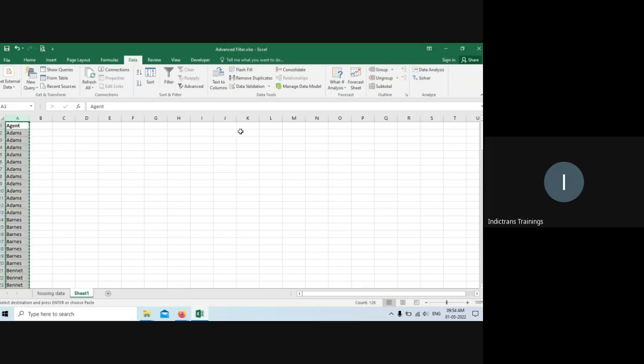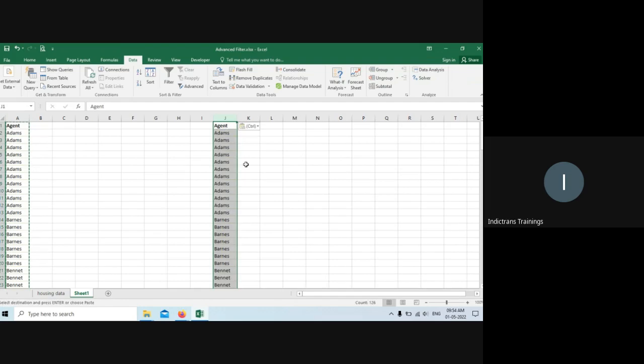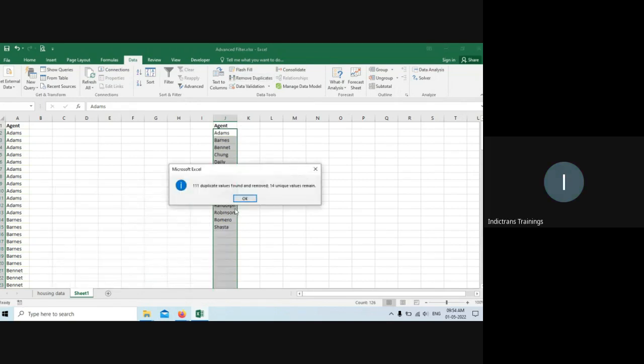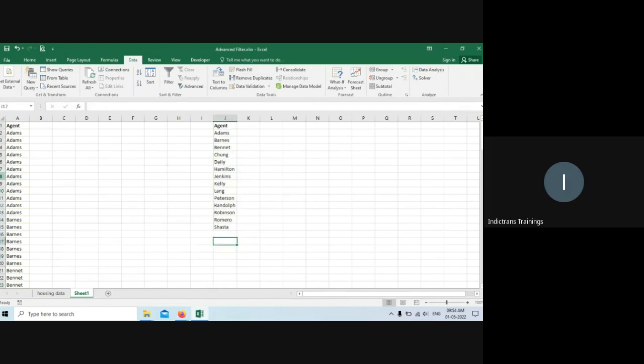There are two ways we could do it. Let me just copy. One is I pick up this thing and say remove duplicates, and it will work in place. It will remove it. Correct. So it has picked up. This is one way to do it. The other way is that you select here, go to advanced filter,